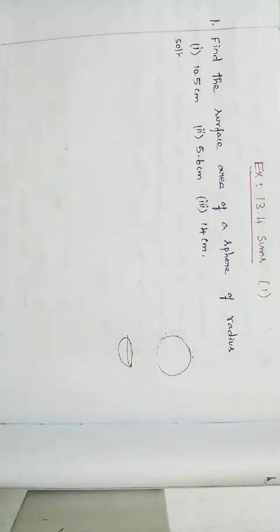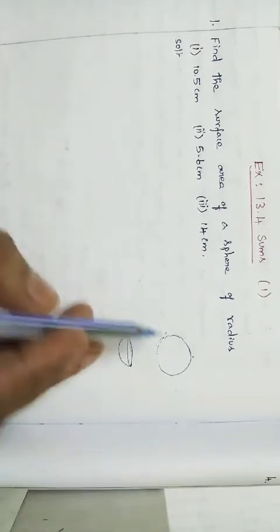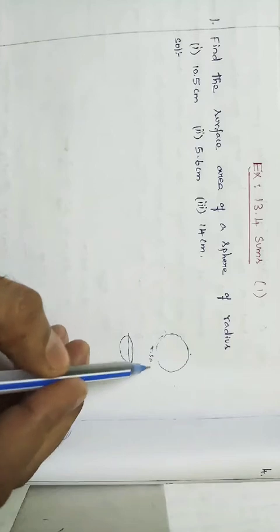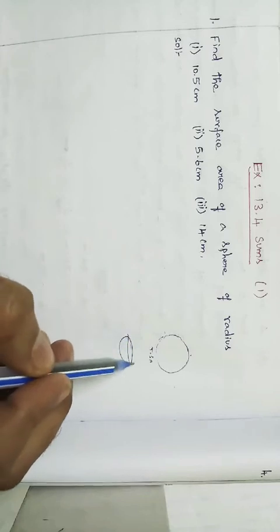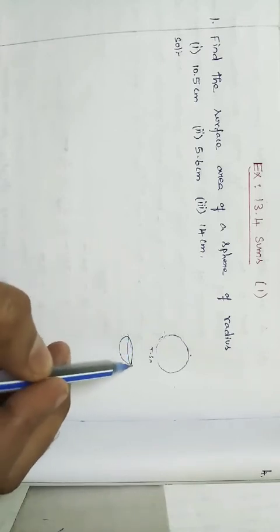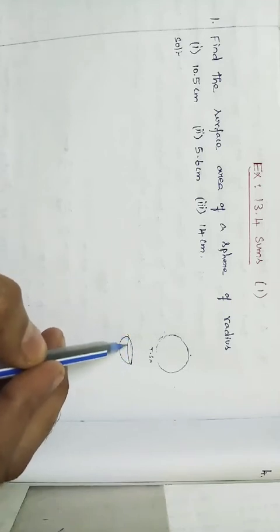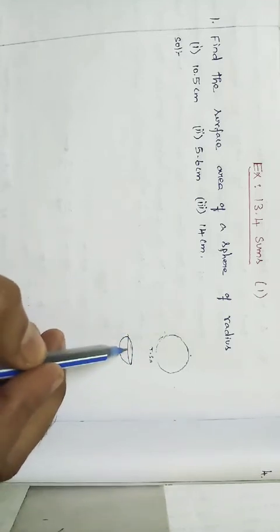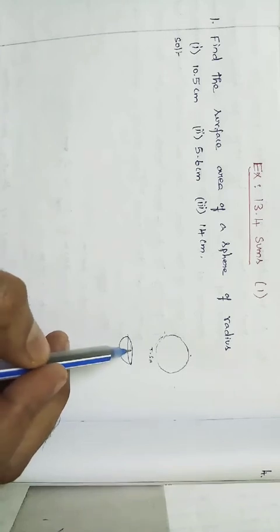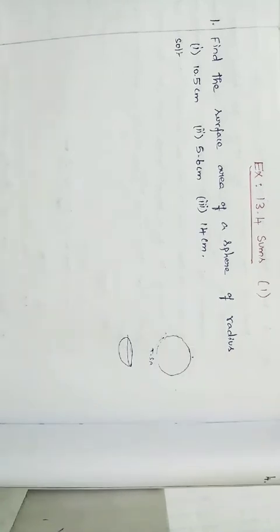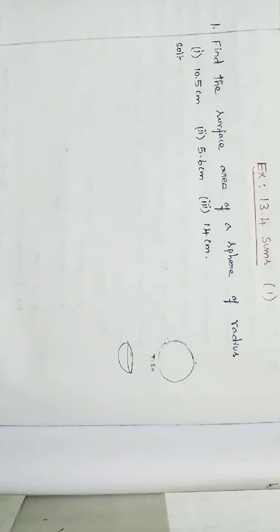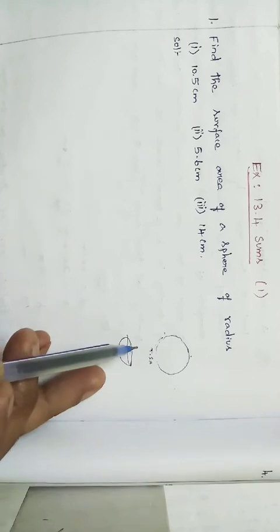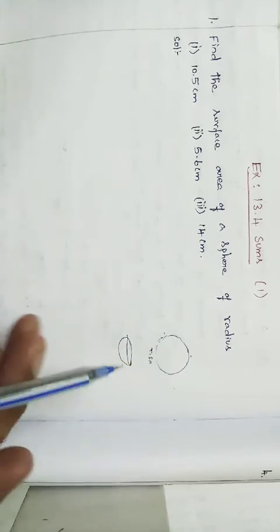For a sphere we have only the total surface area, TSA, alone. But for a hemisphere we have a top area, which is circular in shape, so it is the area of a circle. So we have CSA as well as TSA for a hemisphere, because we have the top area. In this exercise we are going to discuss the surface area of sphere and hemisphere.